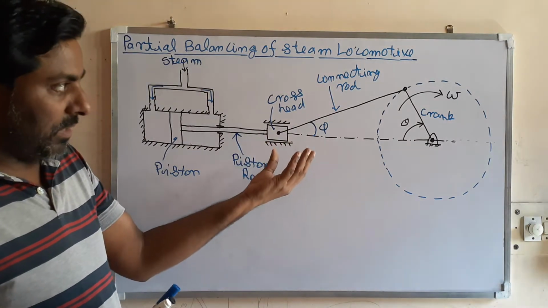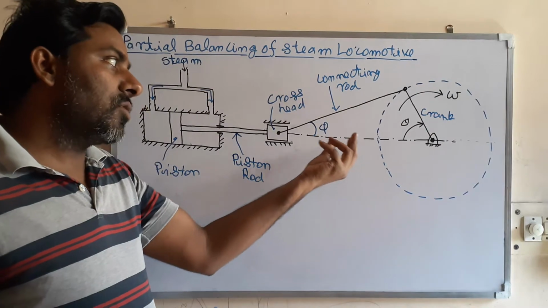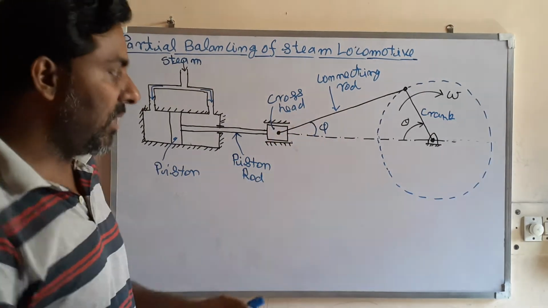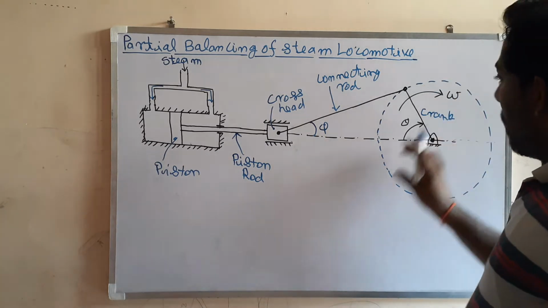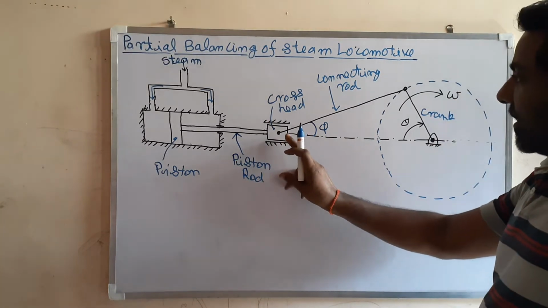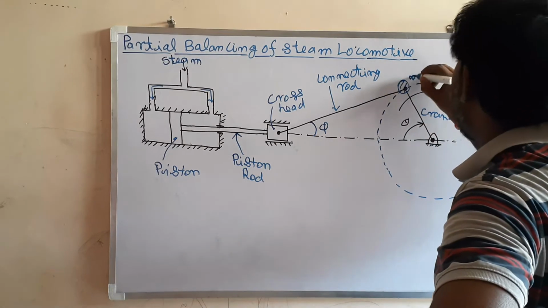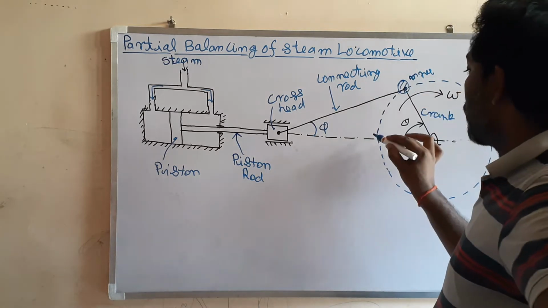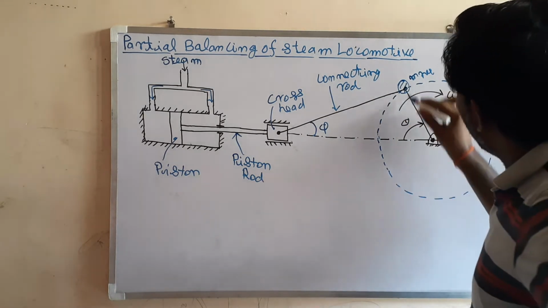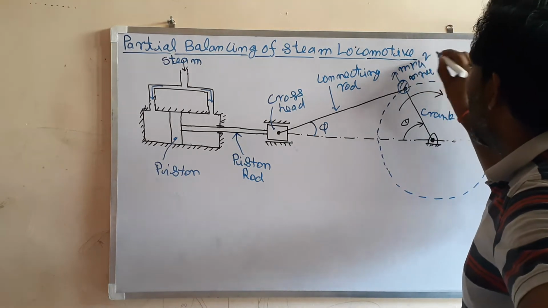How to do the balancing? For the reciprocating IC engine. Their balancing is also exactly similar, and I have already discussed this. So the reciprocating masses can be assumed to be here. This is MREC. If this is MREC, then this unbalanced force can be assumed as the component of this centrifugal force, m r omega square.